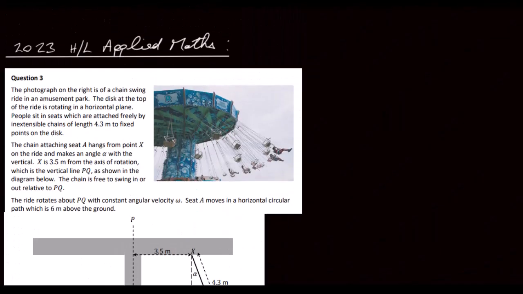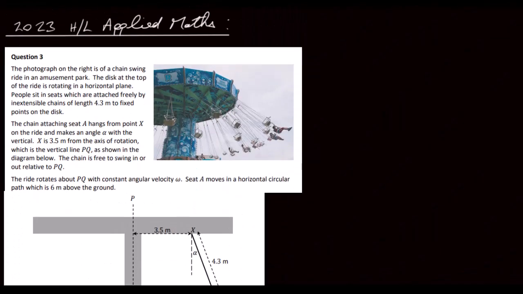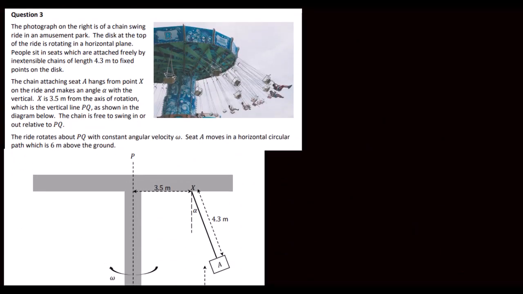Okay, so this is the 2023 Higher Level Applied Maths paper, question 3. The photograph on the right is of a chain swing ride in an amusement park. The disc at the top of the ride is rotating in a horizontal plane. People sit in seats which are attached freely by inextensible chains of length 4.3 meters to fixed points on the